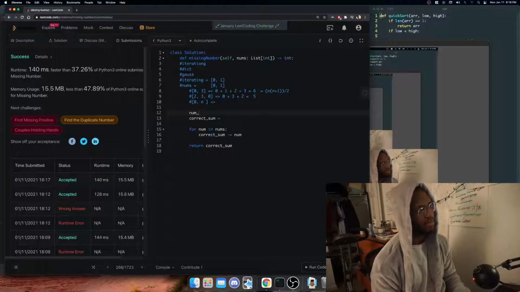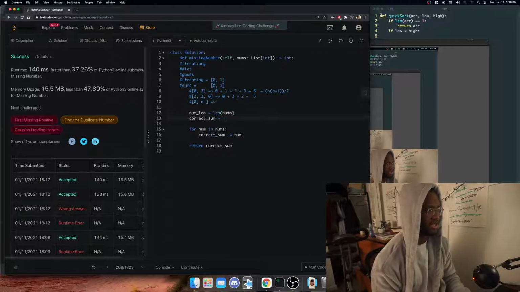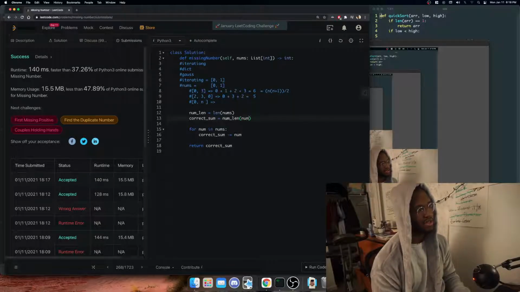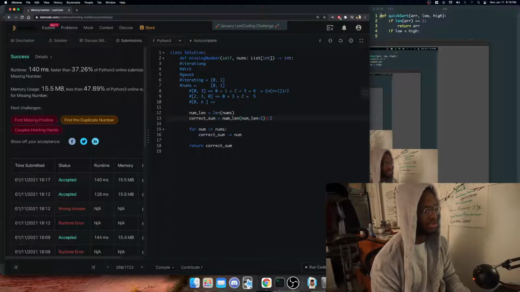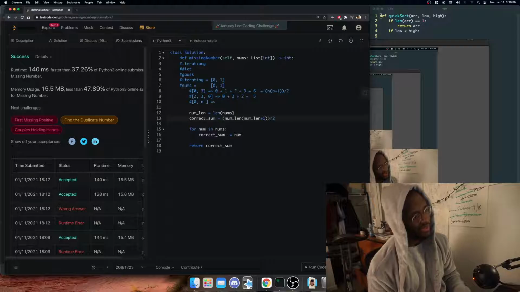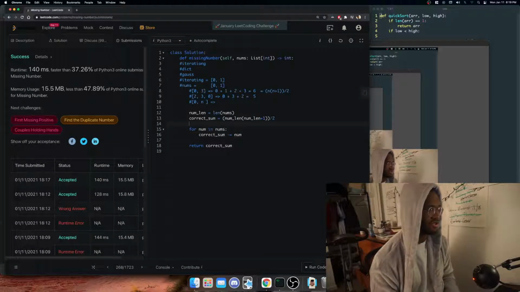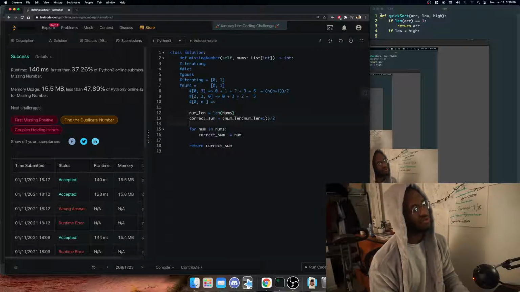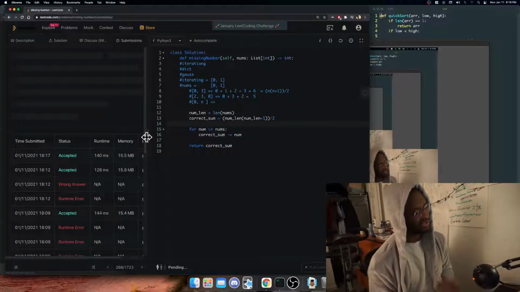I don't know if len, the function that calculates the length of a list, is constant time or not. So we're just going to assign it there, and we're going to do exactly like the function above said, numlen times numlen plus 1 over 2, and then we're just going to wrap this in parentheses to make sure everything lines up correctly. And then what we'll still have to do is we'll still have to subtract these values, right? But this will just kind of save us the first for loop. And so what we can do is we can just run this again, and you'll see